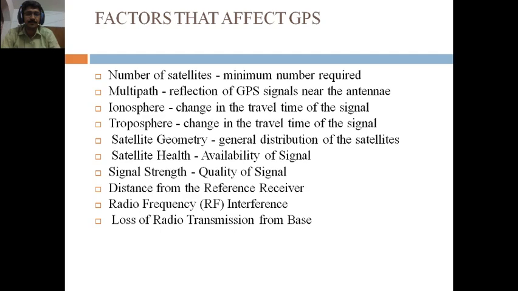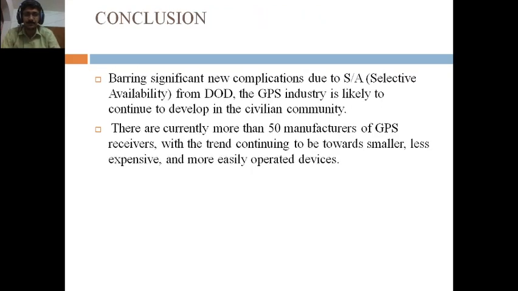Satellite geometry, the general distribution of satellites. Satellite health: what is the age of the satellite which gives the signal? If it is old, it may be wrong, right? Availability of signals. Signal strength, the quality of signal based on distance from the reference receiver, radio frequency interference, loss of radio transmission from base. Overall, bearing significant new complication due to the selective availability from DoD, the GPS industry is likely to